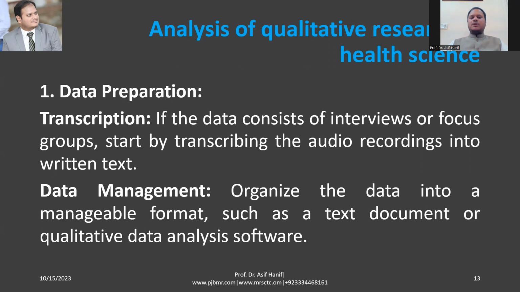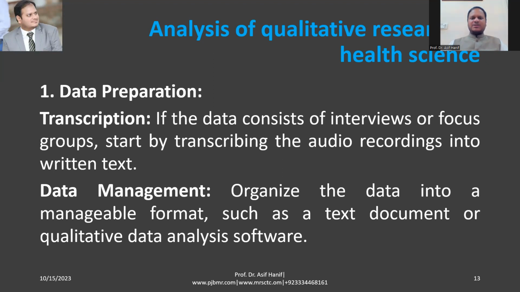Data management helps us in organizing the data into a manageable format, such as a text document or qualitative data analysis software. Few softwares are being used in qualitative research. If you want to learn about those, you can learn NVivo and other softwares which can help you to analyze the data. So transcription is very much